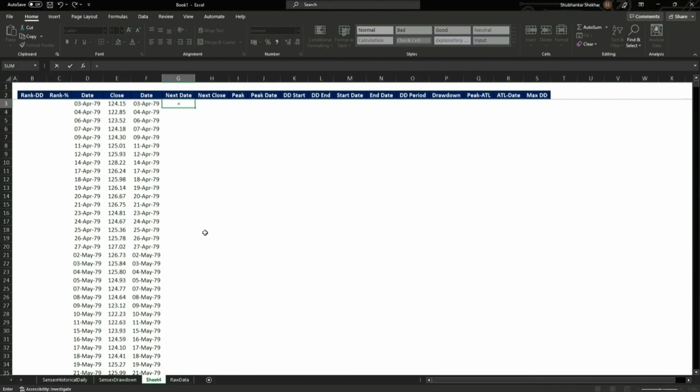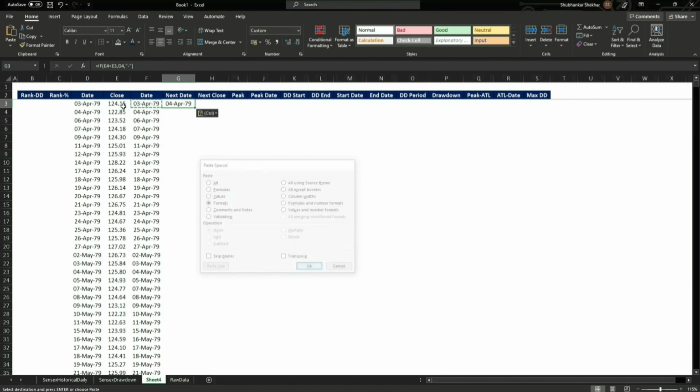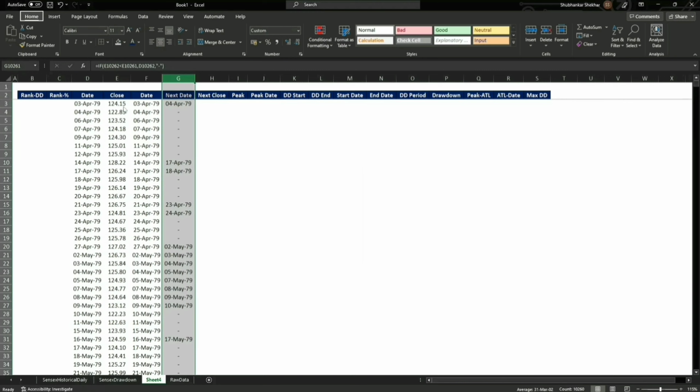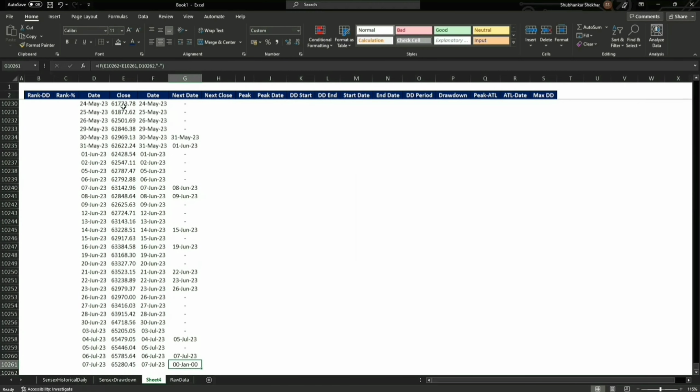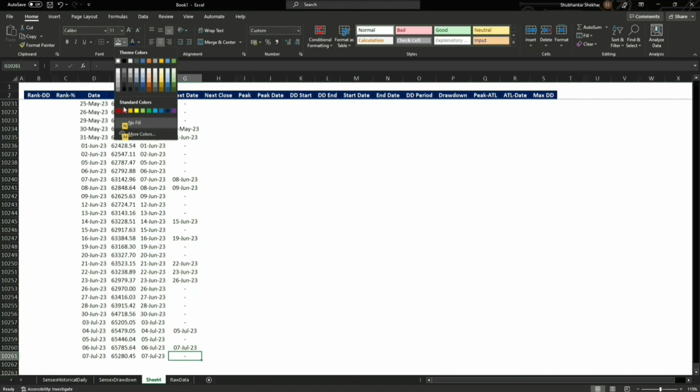The next date, you have to understand this, right? So every time a new all-time high is created, the drawdown actually begins from the next day, right? When the Sensex falls, or like any stock index falls, right? So for this we are going to say if the latter is smaller than the former, then take the next date, otherwise just, and we are going to paste the format here, just drag it, right? And the last one here is incorrect, so we are going to highlight this so that anyone can tell that this is an anomaly here, right?